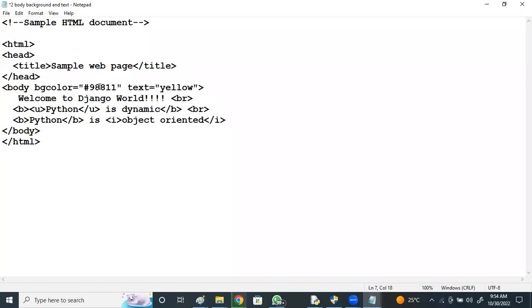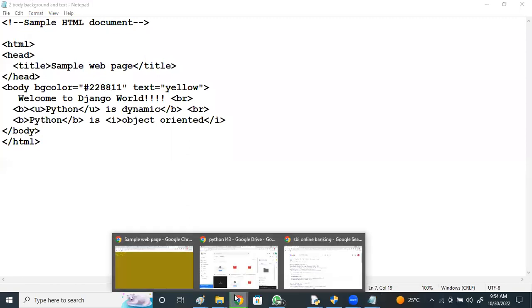For example, if you decrease red more, to 2, check this. Red is decreased to 2. Now check it. Yes, red is decreased. You will get more green.